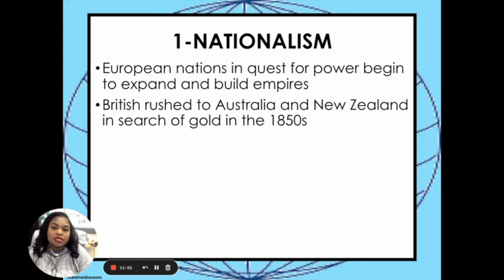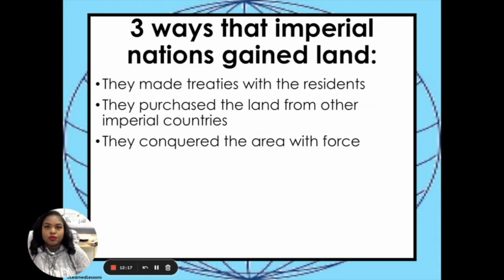Remember, nationalism is the idea that my nation is bigger and better than others, and we want to maintain that. All right, three ways that the imperial nations gained land. Remember, nationalism means I believe my country to be the best. And one way to stay the best is by gaining land, which equals money and resources. Three ways to do that were by making a treaty, by purchasing land, and by conquering land, which